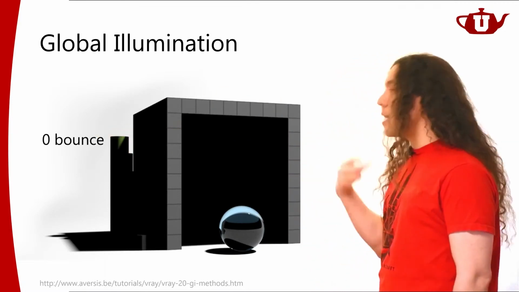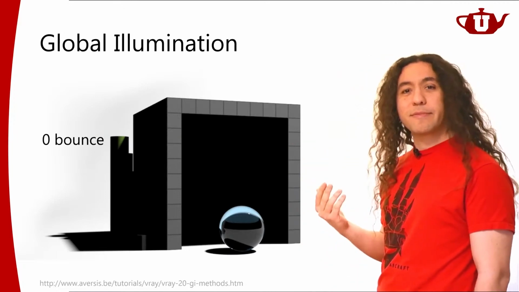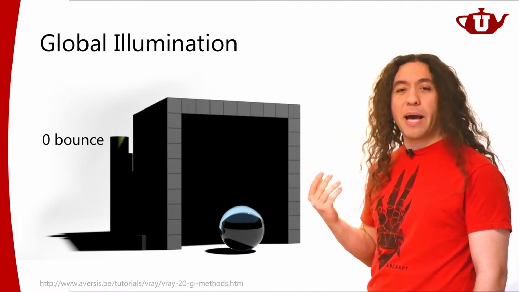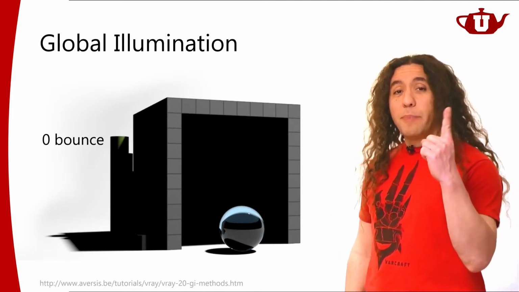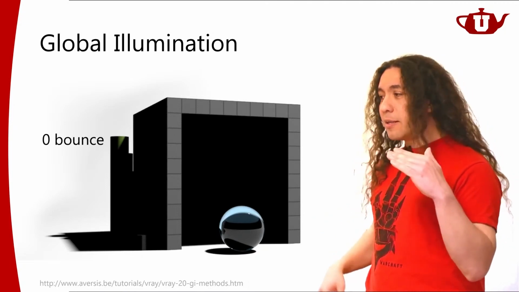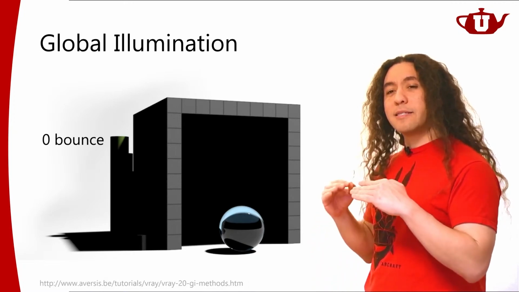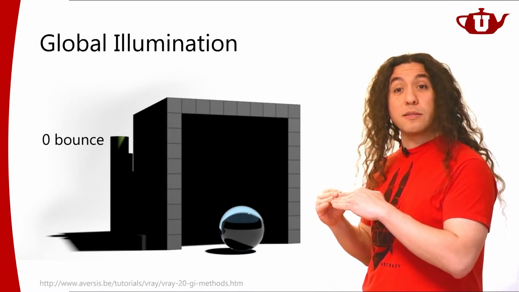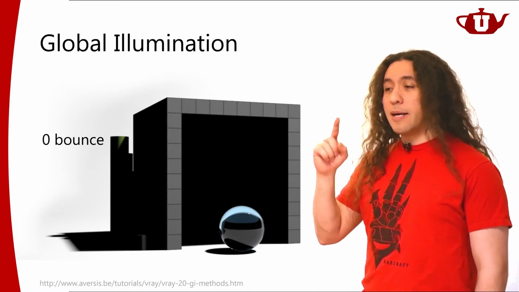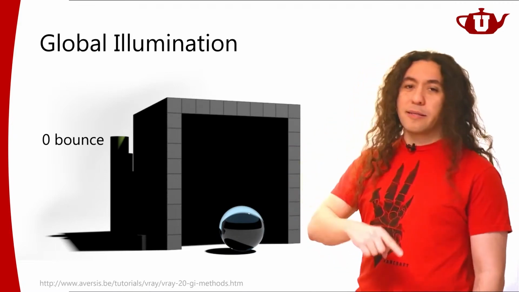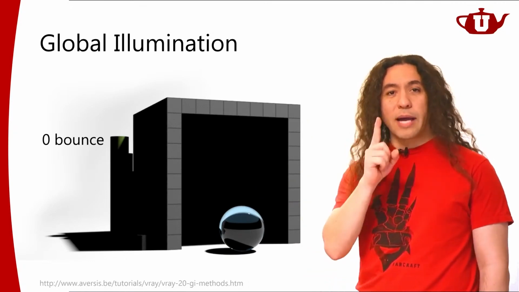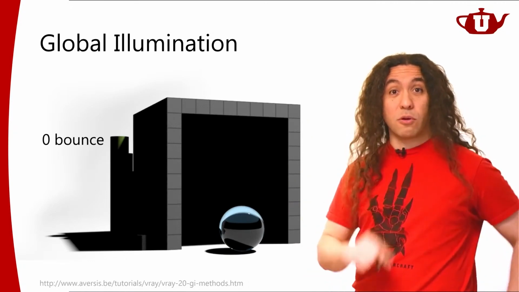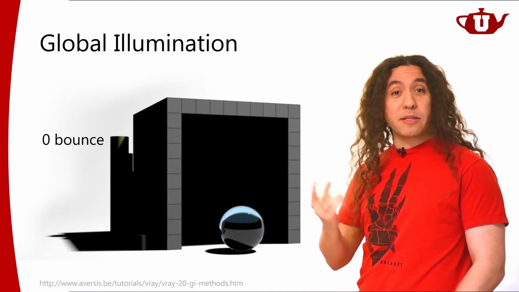That means light is not bouncing. All right, we're not considering any light bounces. Now, if I include just one light bounce, that means I'm only going to look at the light that's reflecting off of the surface once, but I'm not going to consider light that's bouncing once and then another time and then another time until it reaches the surface that we're shading. We're just going to look at one bounce only, the simpler part of indirect illumination.